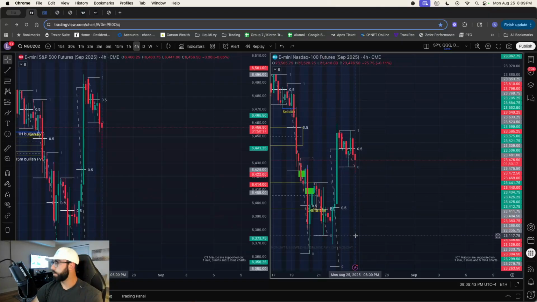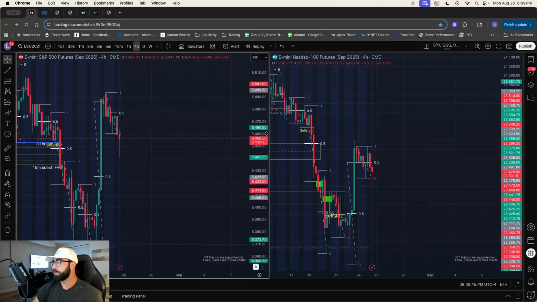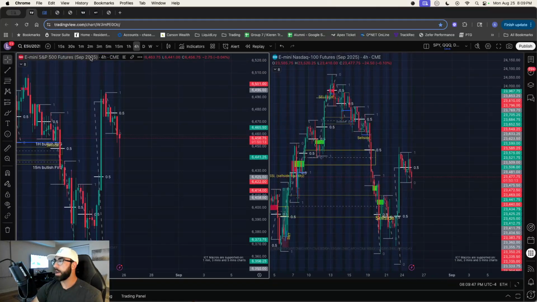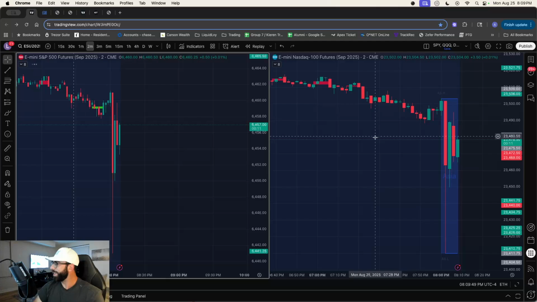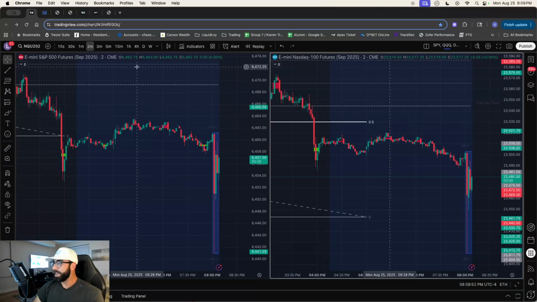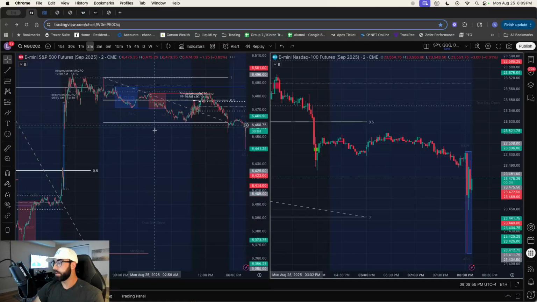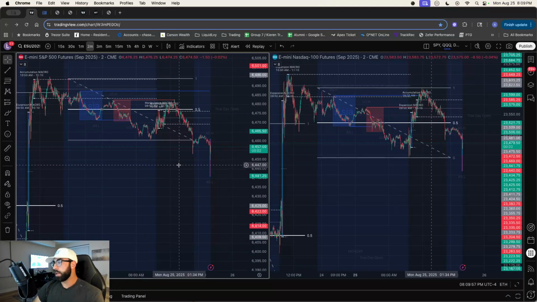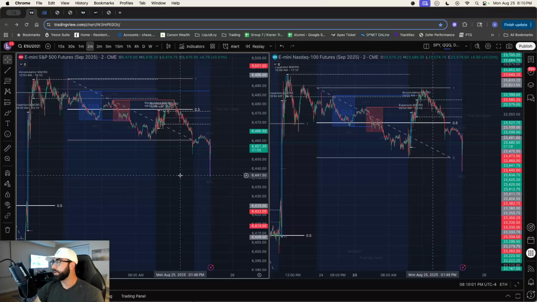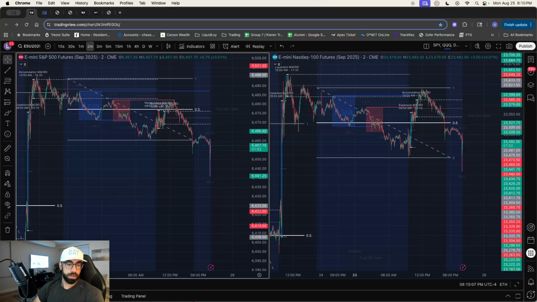Keep an eye on it. Let me know if anything looks really good. There might be a nice setup though, because we're in this weird area. Yeah, there's a lot of liquidity beneath though. There's still so much from the news of Powell insinuating at rate cuts. So definitely be careful.